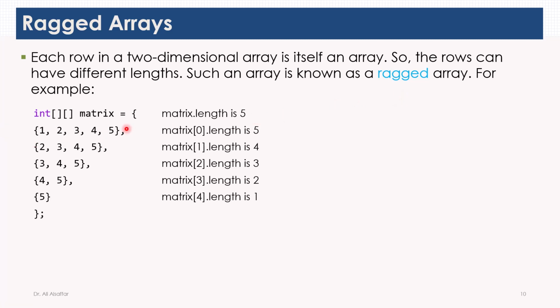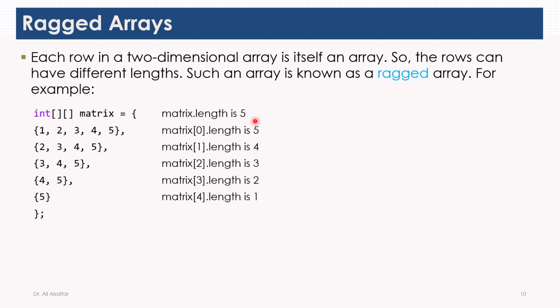Here we are declaring a two-dimensional array called matrix, but in the first row we have a one-dimensional array of size 5. In the second row we have another one-dimensional array of size 4, and so on until the last row, which has a one-dimensional array of size 1. Now if you use the dot length instance variable on the name of the matrix, it will give you the number of rows. So here we have 1, 2, 3, 4, 5 one-dimensional arrays,